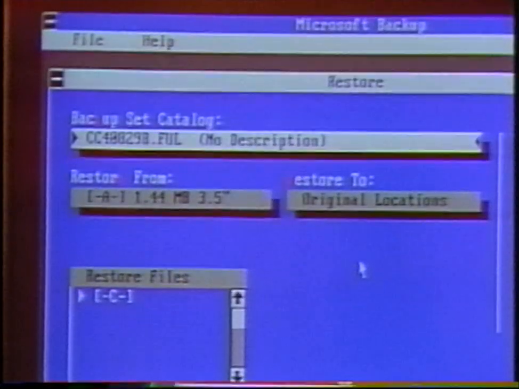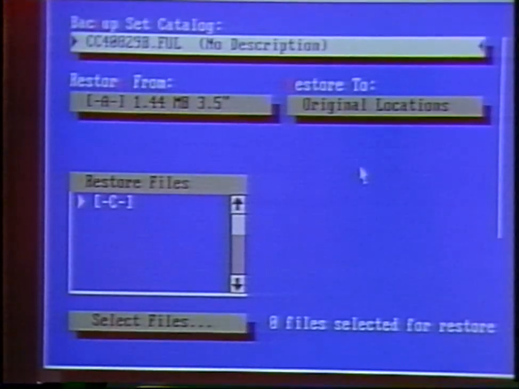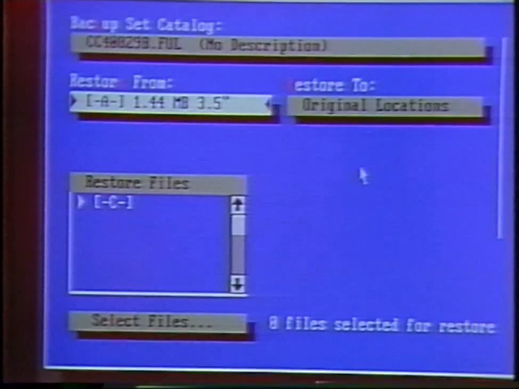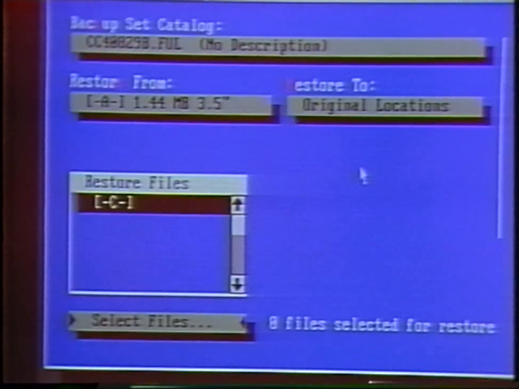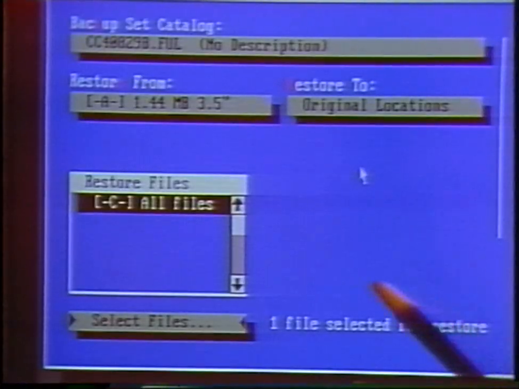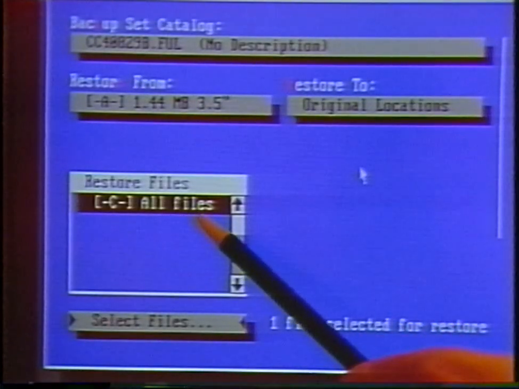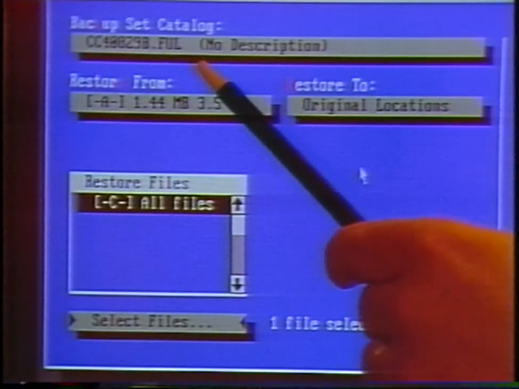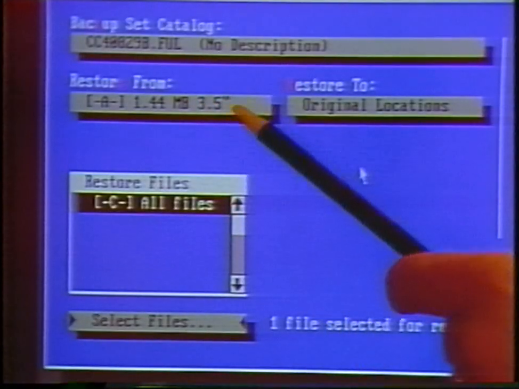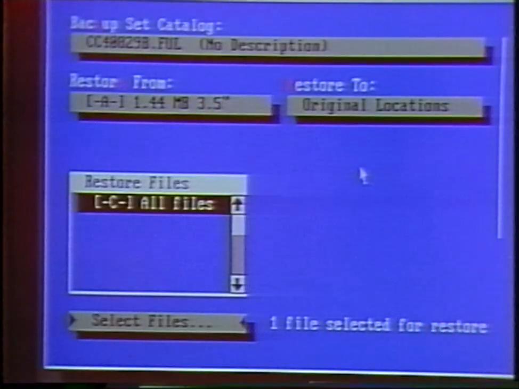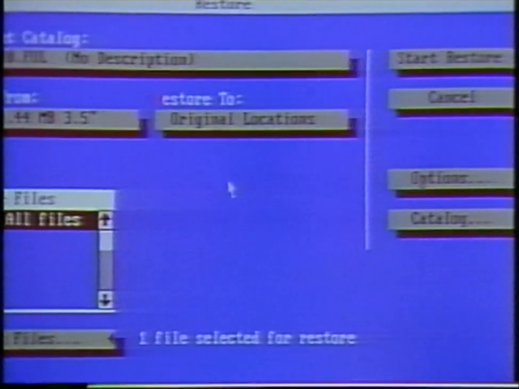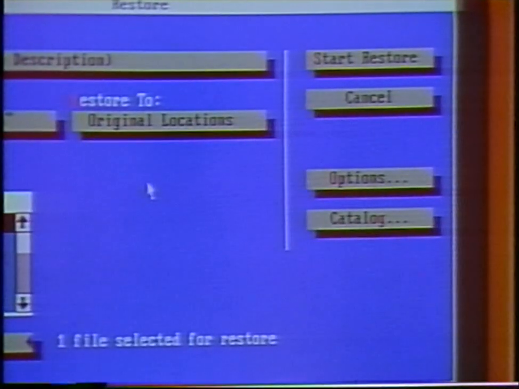Notice at the bottom it says 0 files currently selected for restore. To actually restore, we have to highlight the restore files and then again press the space bar. And we're choosing to restore all of the files that were contained in this particular backup set and on this disk, and that currently is only one file. That's all we backed up. To restore that, we go over to the right and highlight Start Restore